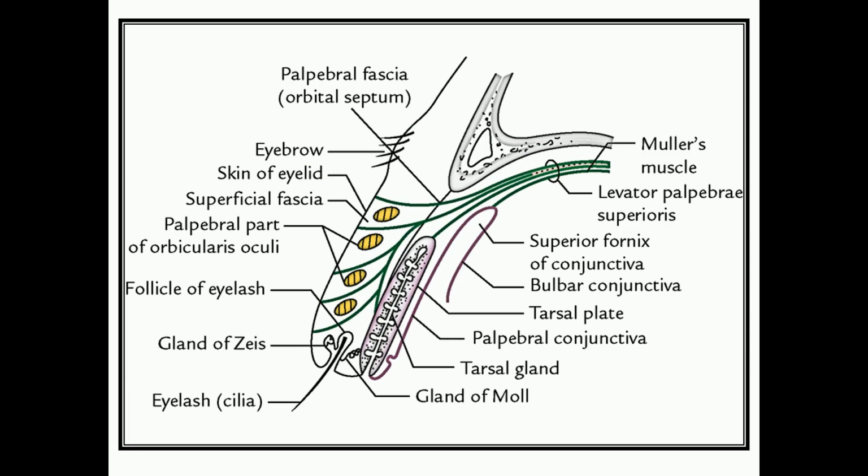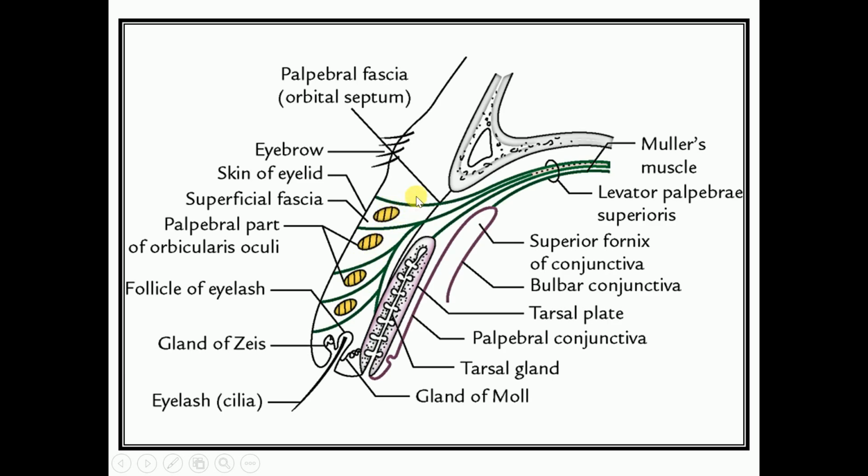Now this diagram shows the sagittal section of the eyelids. So the eyelids contain, from superficial to deep, this is the bony wall of the orbital cavity. Here on the outer side there is skin, then a superficial fascia containing the orbicularis oculi muscle around the eyeball, around the orbital cavity. The orbicularis oculi muscle you already learned in the facial muscles. This palpebral part of the orbicularis oculi is present within the superficial fascia.